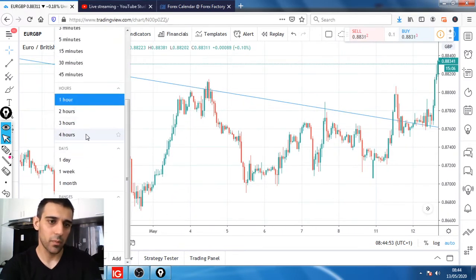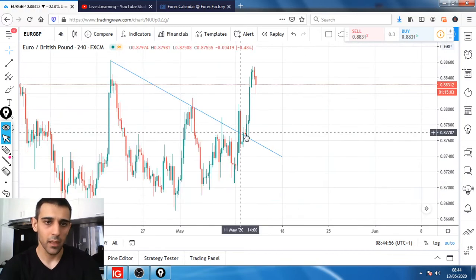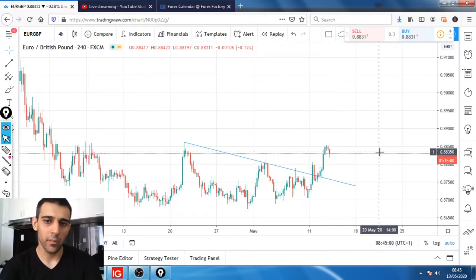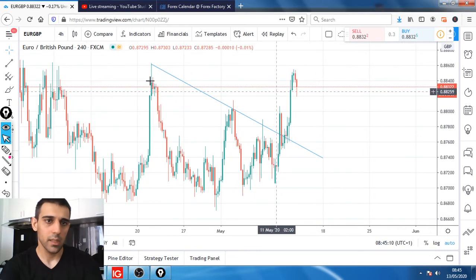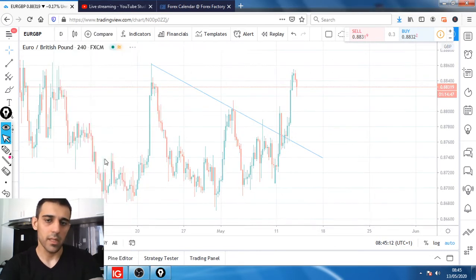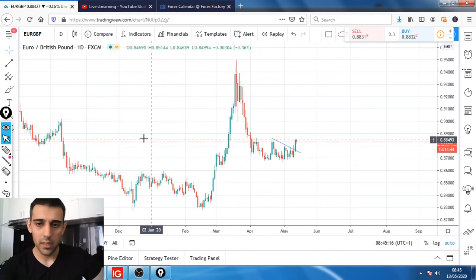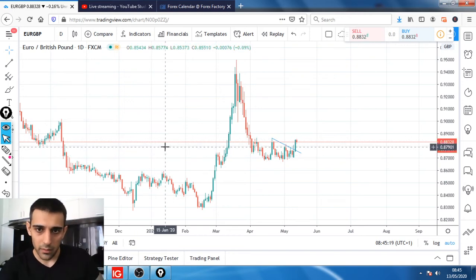Looking for the potential where the price is going again. So this is like anticipating where the price might be heading. So far it's sitting on this 4 hour support at this level, so just whether it's going to break the support or not. Let's go to the daily time frame and see what we have.